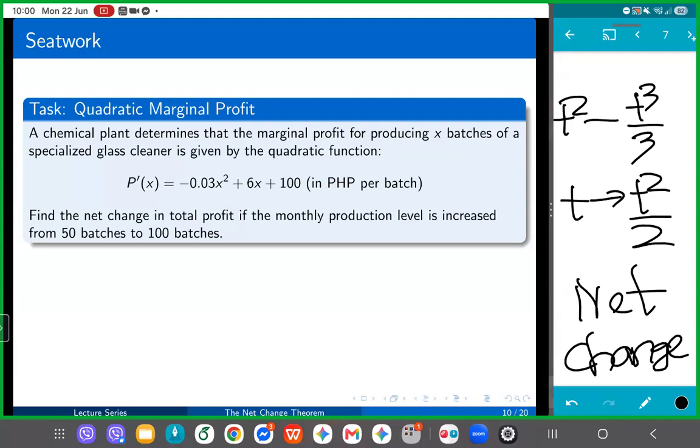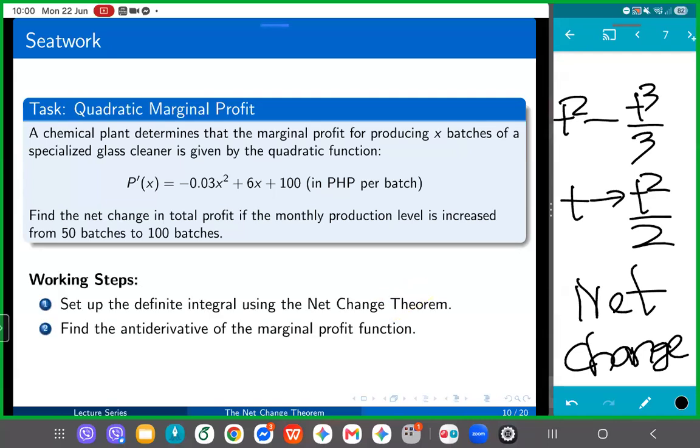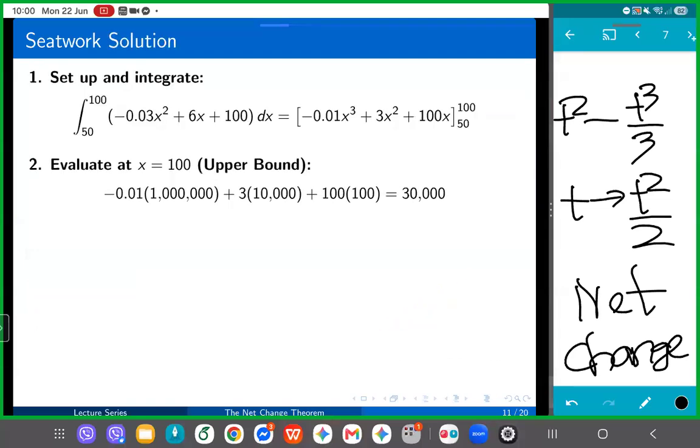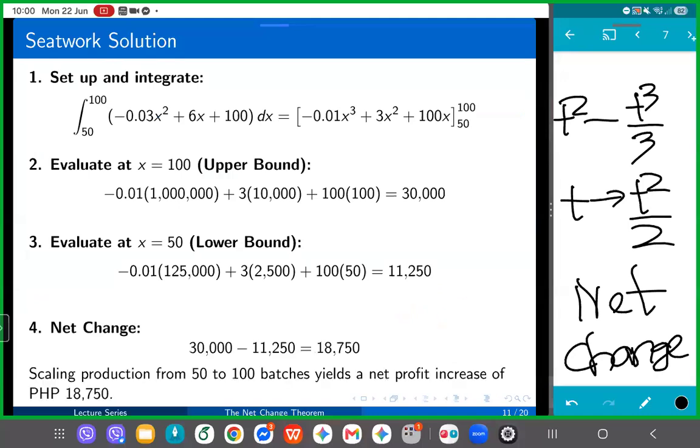But here's a seat work which you are not to do right now. I just want you to take note of it. Well, anyway, you can check it again when you receive the link to the recording. And there you are also told what to do, as well as the actual solutions to the problem. Okay? So do it first and then you consult the video for the answers, the solutions.